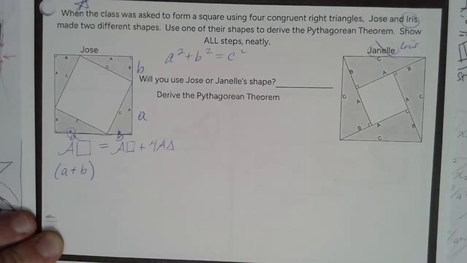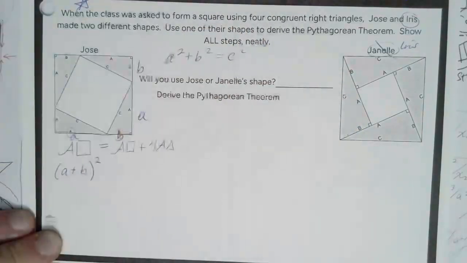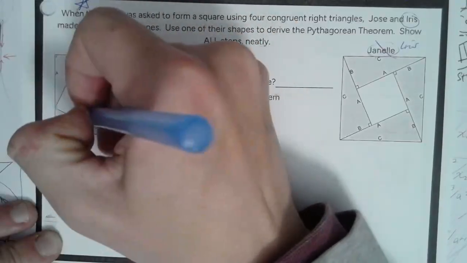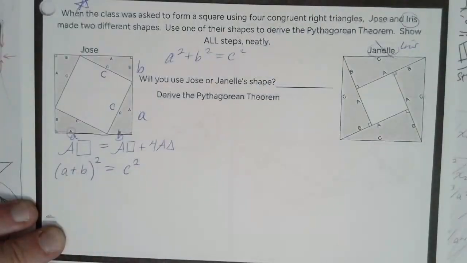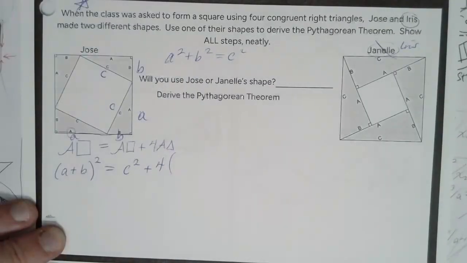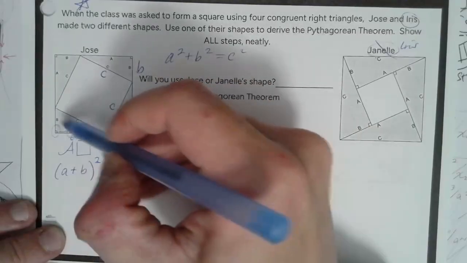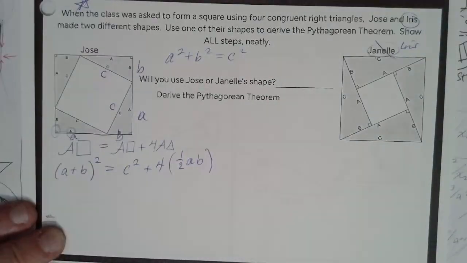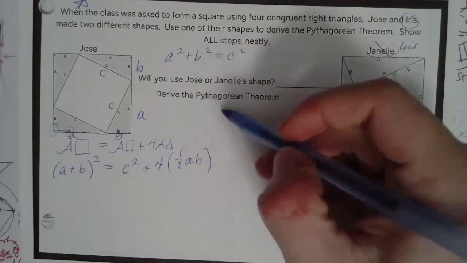And then to find the area of that square, we just square it. So the big area here is given by (a plus b) times itself, which hopefully you agree with. The area of the little square, you can see that this length from the inside is c. So length times width for this square, this area is c squared. And then here we have the 4 triangles, and each triangle has an area of half the base times the height. So here we see that a and b are perpendicular to each other, so a and b are the heights. We'll do a times b for this situation, and hopefully you can sniff the Pythagorean theorem